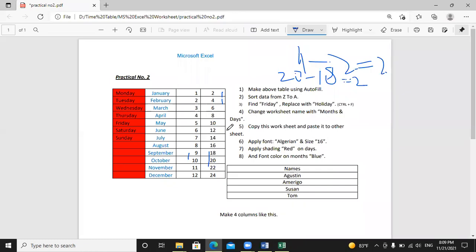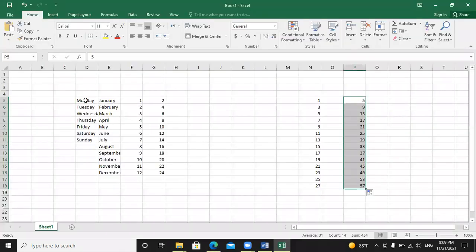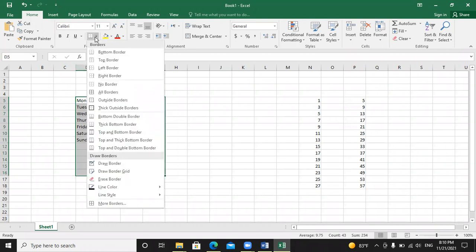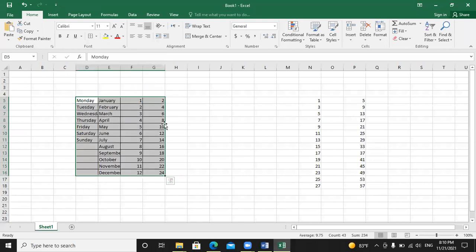Now what I am going to do is create a similar table. Just now I have entered the text. Now I need a table. How can I create the table? I told you in the first lecture also. Here I will select the table, and from here I have to go to this option, border. From here I have to choose all borders. You can see this option also. This is all borders. Now I have created the table.